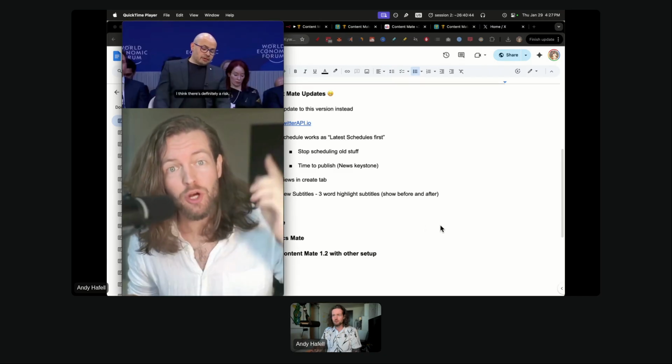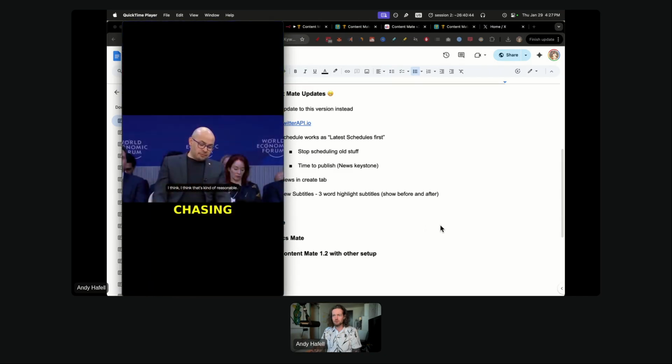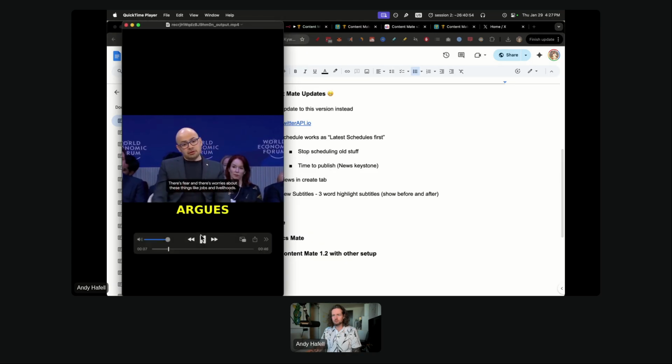Demis Hassabis just told Davos that chasing AGI needs equal parts daring and duty. He argues smart